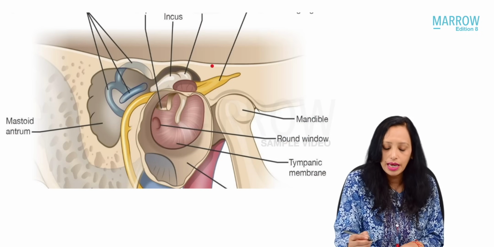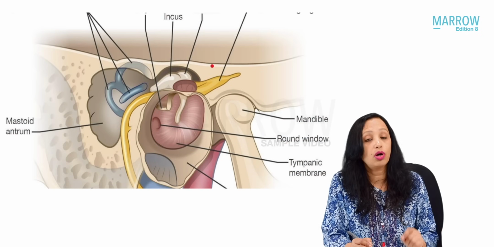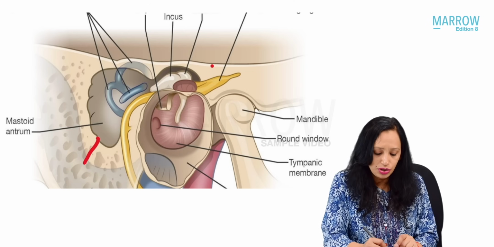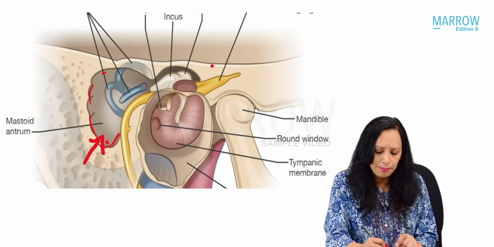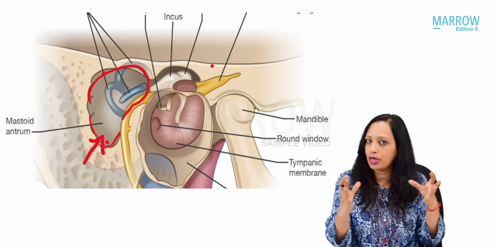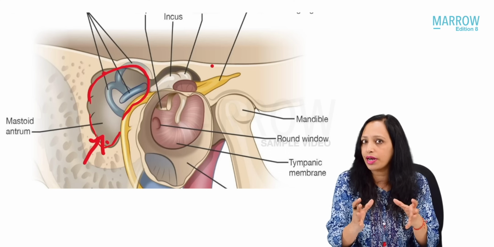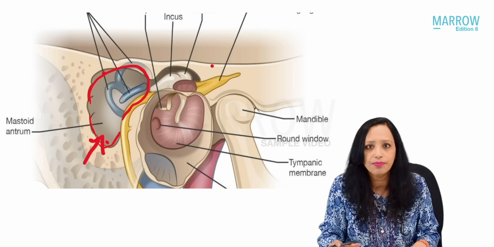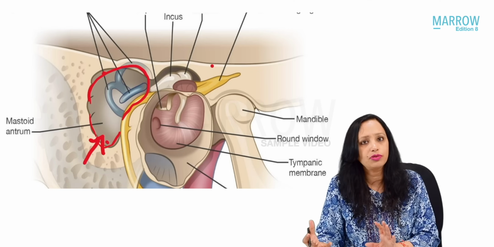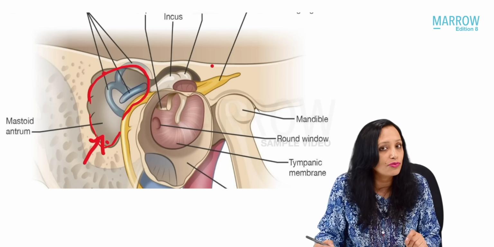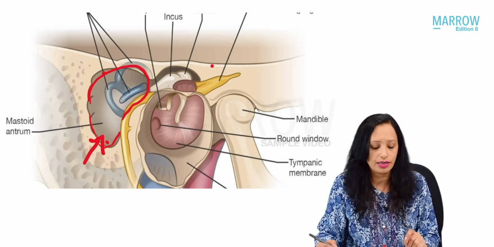Okay, so now let me rub all this. So in simple mastoidectomy or cortical mastoidectomy, what do we do? Yes, we just drill the mastoid, the complete mastoid we drill. We open up all the mastoid air cells and we convert the complete mastoid into a single air-filled cavity. And we remove all the pus from the mastoid. Simple mastoidectomy or cortical mastoidectomy is done for acute mastoiditis.